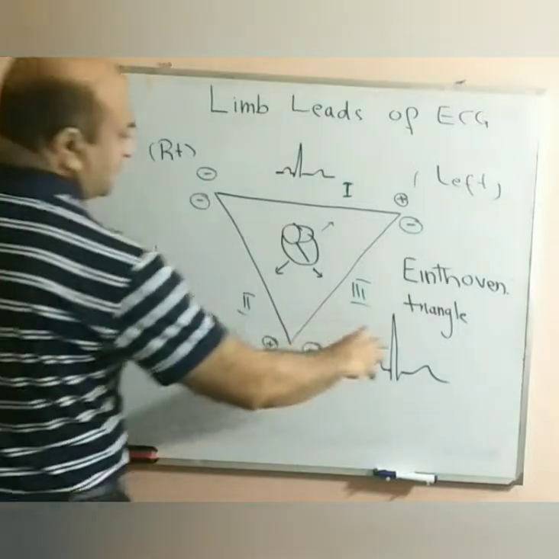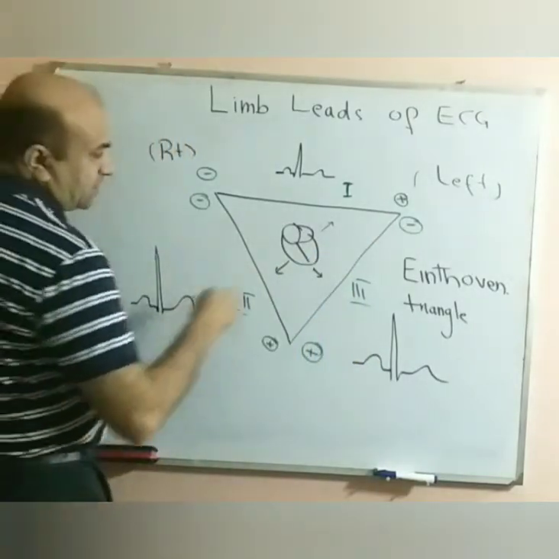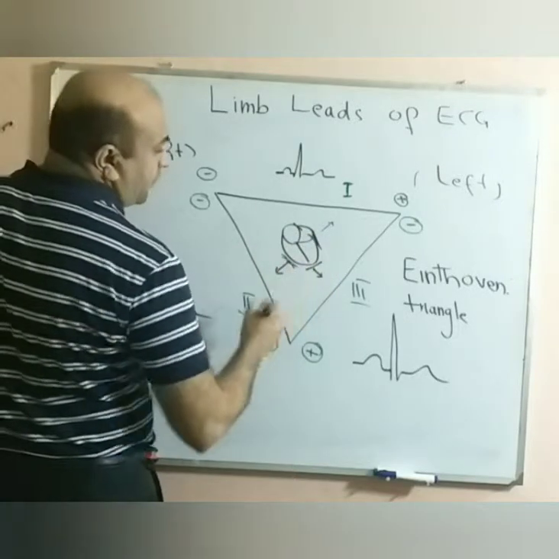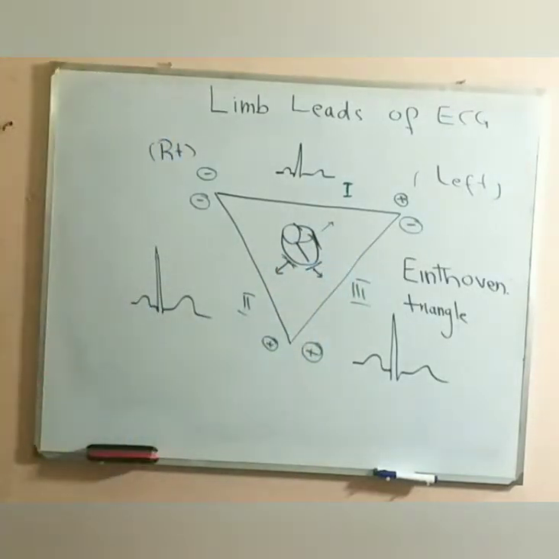Now these ECGs were picking up the electrical activity of this part, and this part from the frontal plane. But there was a problem, and that problem was that there were some uncovered areas in this frontal plane, like the area between lead 1 and lead 2. This area was uncovered. No camera or lead was watching this part of the myocardium. Same was true with this part of the myocardium, where lead 2 was looking at this part of the myocardium,